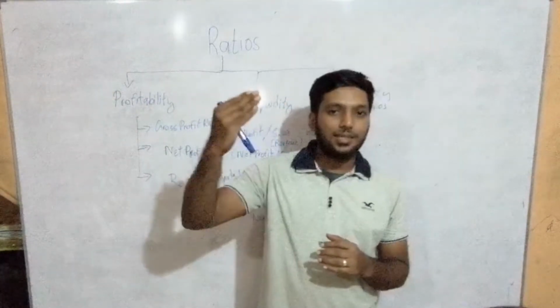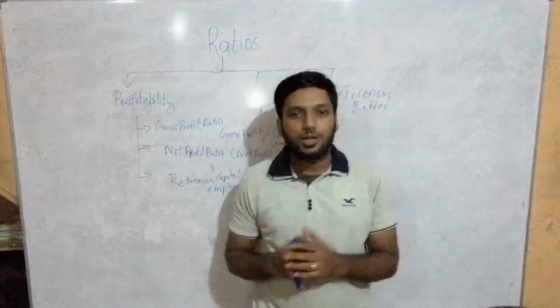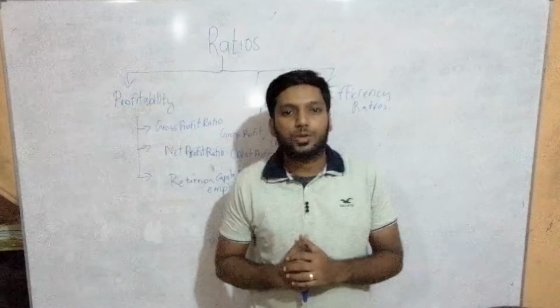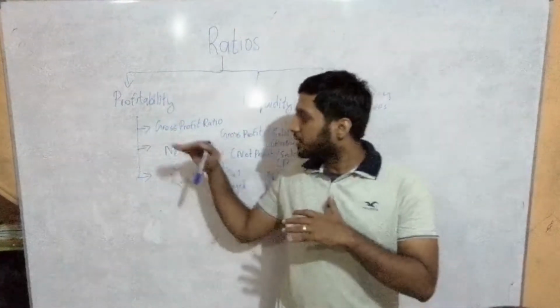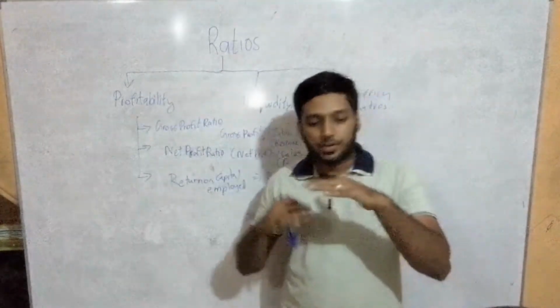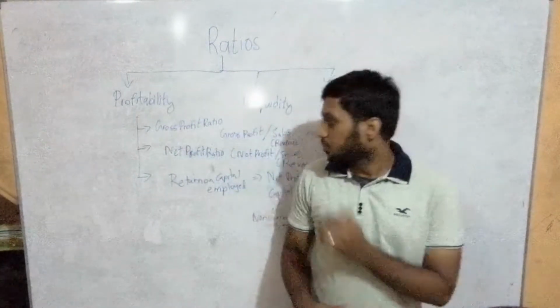So if sales increase, or if the selling price of the product increases, your sales increase, so your gross profit might increase. If your cost of sales decreases, then of course your gross profit might increase. So the way of practically understanding when they are asking why it might increase and why it might not increase is, first of all, to see the above determinants in the answer. So let's move on to the next part.